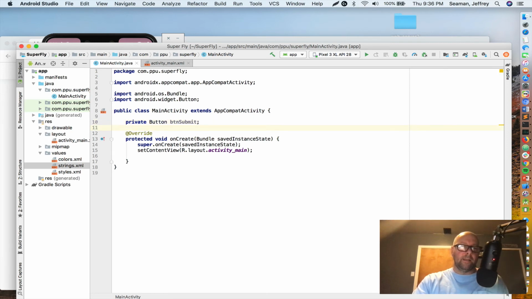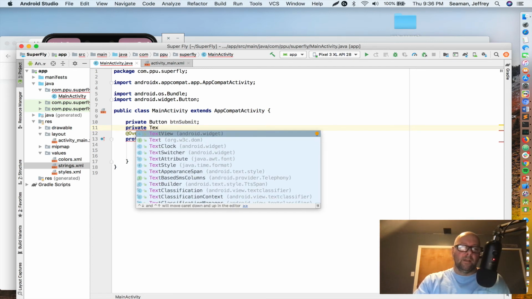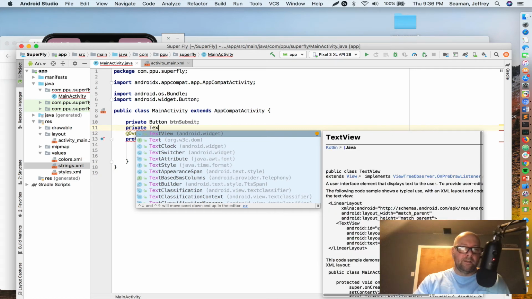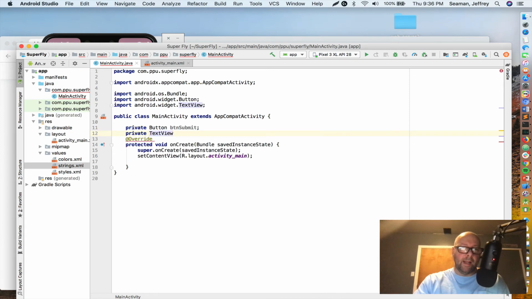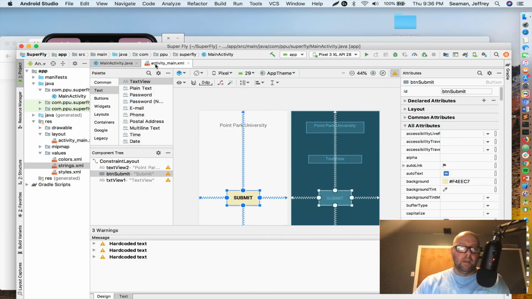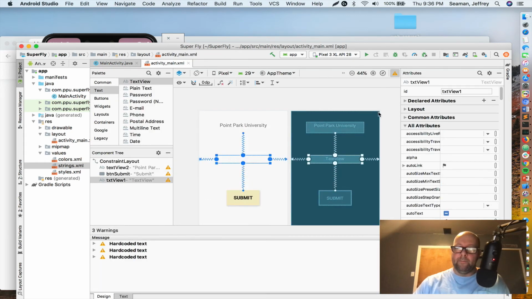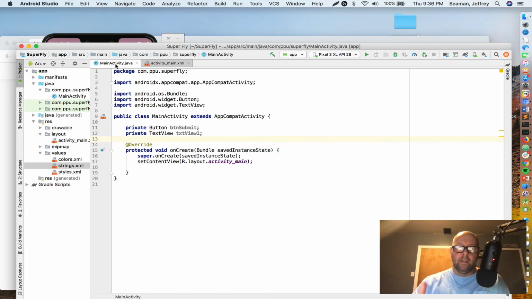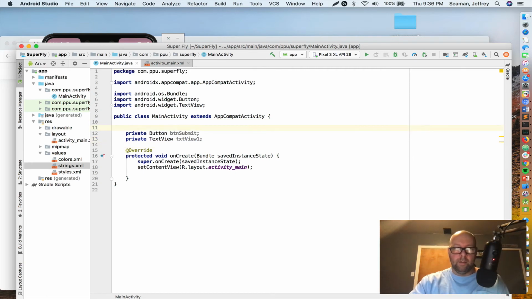We're going to do the same thing with the text one. It's private, it's TextView. It has to be uppercase. You'll find out Java is typical. They're pretty picky about what you call stuff. TextView, look at that, and we called it text view 1. To double check, if you don't remember, click on it: text view 1, perfect. That is declaring